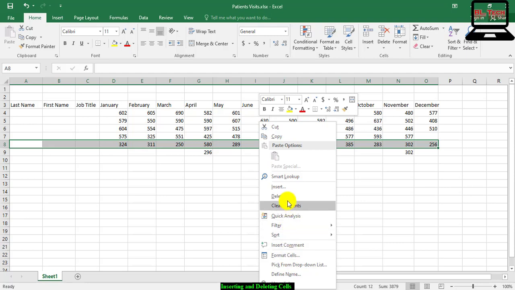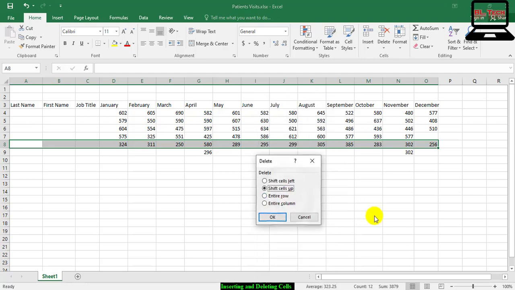Delete here. The dialog box appears; ensure Shift cells up is selected, and then click OK.